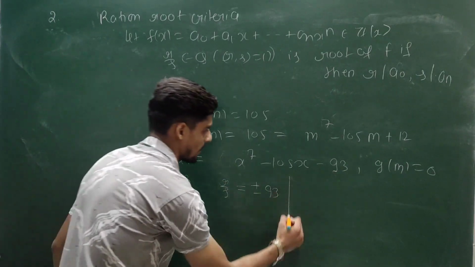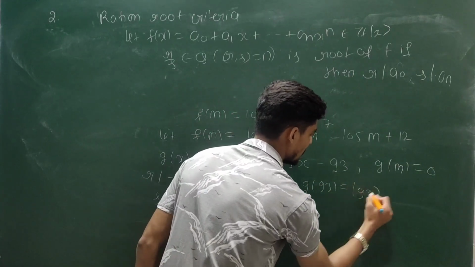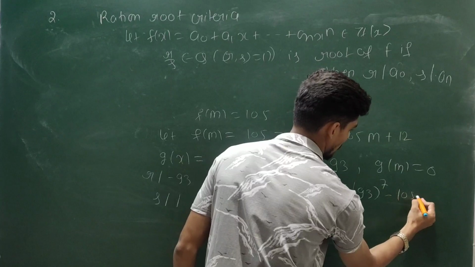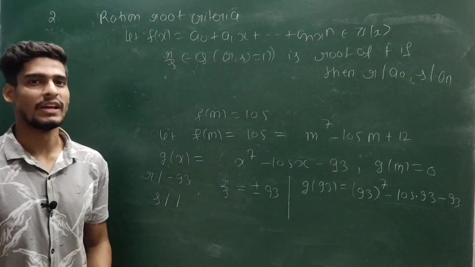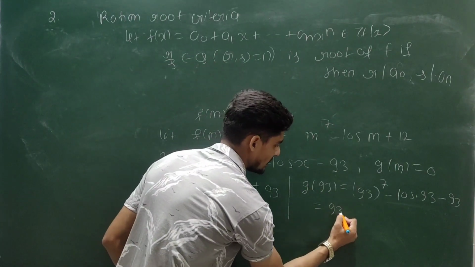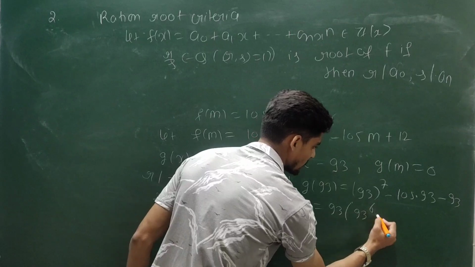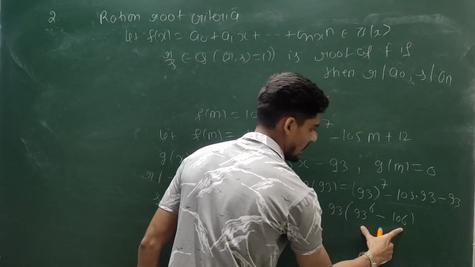चेक करते हैं. G at 93, you are going to get 93 power 7 minus 105 into 93 minus 93. You can easily verify this will not be vanishing because you can take the 93 common out. 93 power 6 minus 105 minus 1, so this is 106. This value is non-zero value,